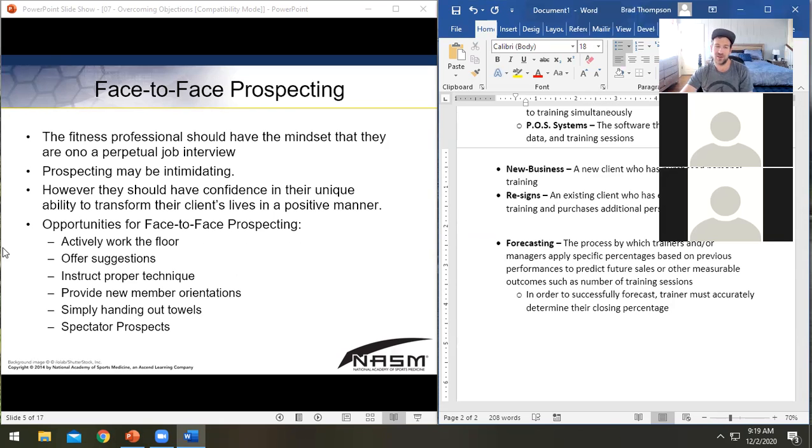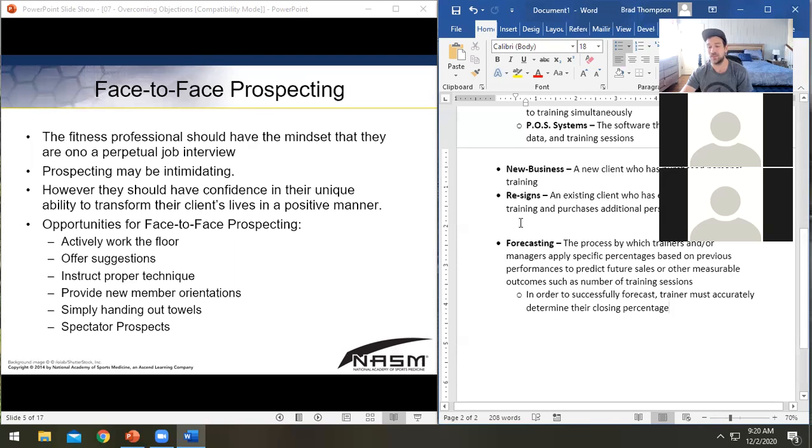So those numbers, that's one thing that's not perfectly accurate here. I don't think you're going to run into the problem of over forecasting. Most people don't struggle with that. It's not like you're going to talk to 300 people, get them all signed up, and then look at your schedule and be like, oh no, I've got to do 80 sessions this week. That's probably not going to happen.